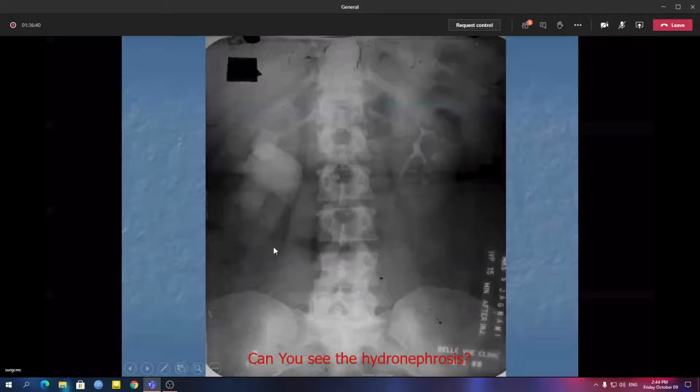Renal shadow is quite big, up to this. This is the renal shadow. So there is hydronephrosis on the right, and dye on the left side is going down. See the kidney level here, and here it is here. Dye is going down from the left side very easily. So on the right there is hydronephrosis.